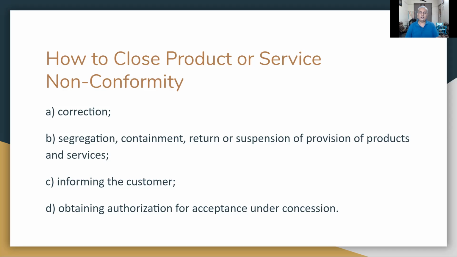And in that feedback, if the client mentions something which is not as per the set process of service at a client's place, then this kind of thing can be termed as a non-conformity of service or a service non-conformity, right? In that case also the same thing. First few points can be applied, which is correction.